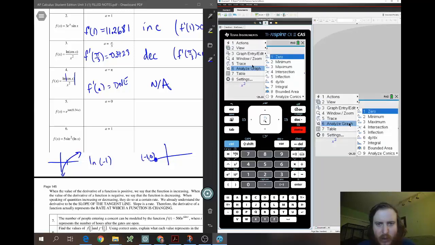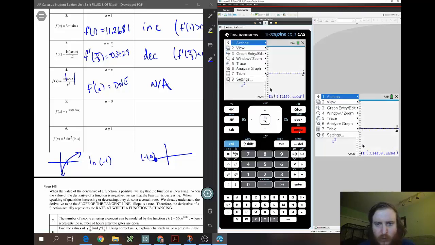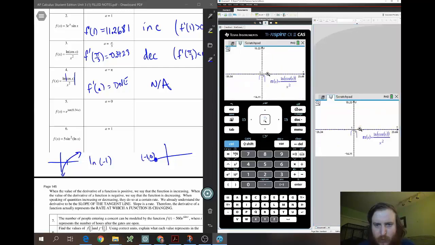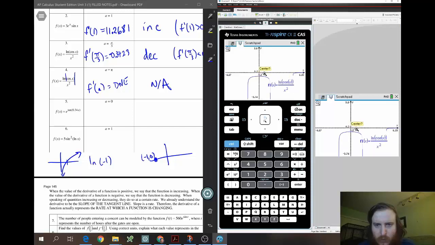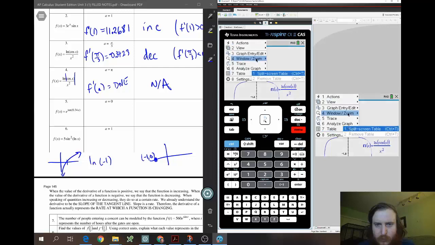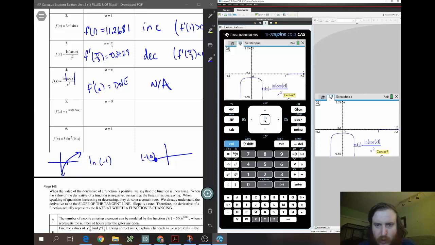With the original, if we do tab, that graph trace, if we went to pi, so if we plugged in pi to see what is happening at pi, let's zoom in a little bit. I zoomed in a little too far. There we go. So if I go to graph trace and I plug in pi, 3.14,